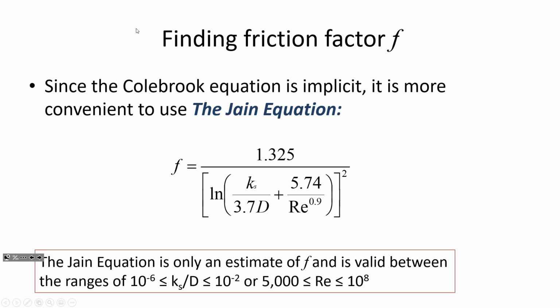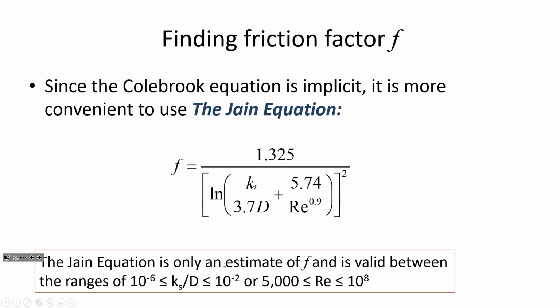The Jain equation allows you to solve for the f value directly. And the Colebrook equation was iterative and implicit, but this friction factor formula, the Jain equation, isn't iterative. It has some of the same terms as the Colebrook equation did. It has one term that depends on the relative roughness, and another that's based on the flow conditions. But this is only applicable over a certain range of flow values, whereas the Colebrook equation is broadly applicable depending on,